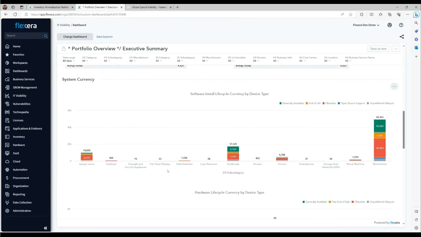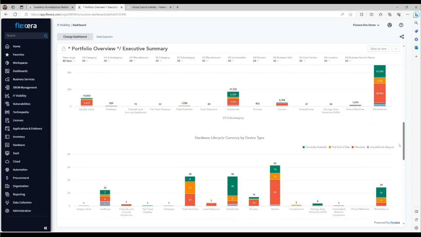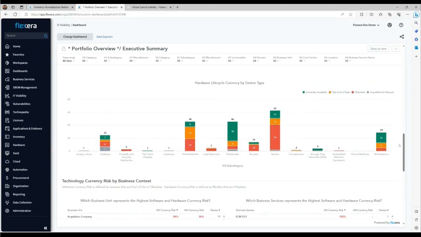So here's your desktops, hubs and switches, notebooks, servers. And then what we're showing is kind of giving you that stacked life cycle. What does my estate look like? And as we continue looking at it from,